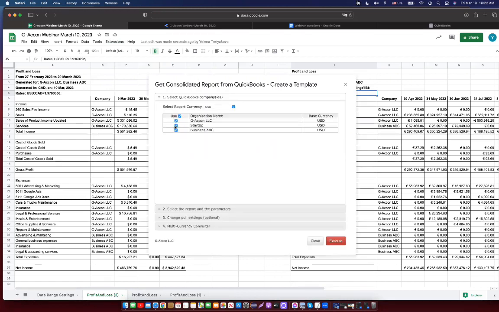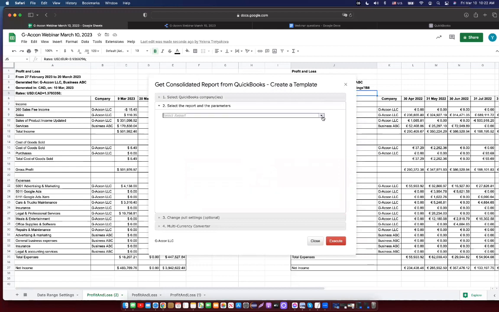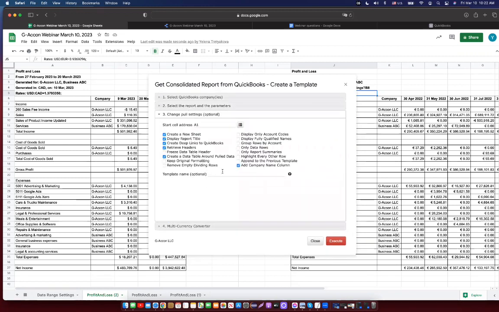Then I'm going to use the same two companies. In this case, I'm going to select P&L and I'm going to use this month and 12 previous periods. And what I'm going to do, I'm going to create a new tab for us, right? Because I want to show you how this whole settings work. And I will name this report P&L